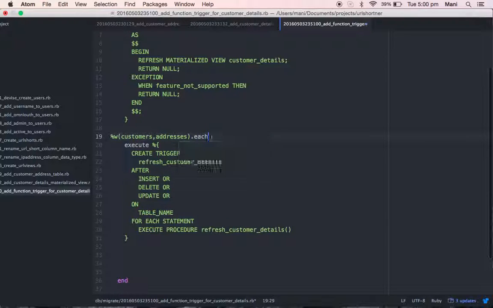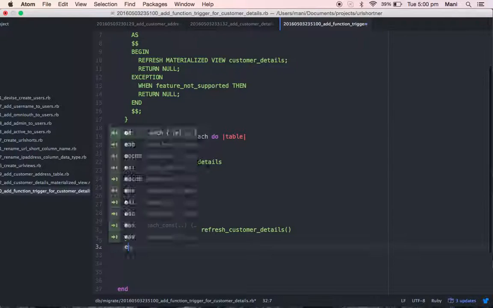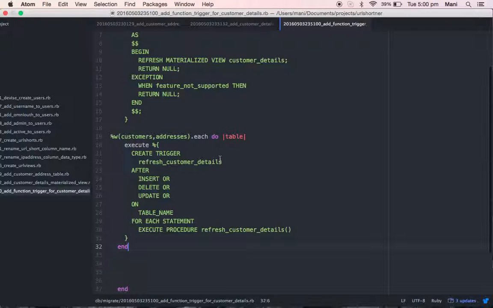Dot each do table. Here I need to mention end. This process will finish here.